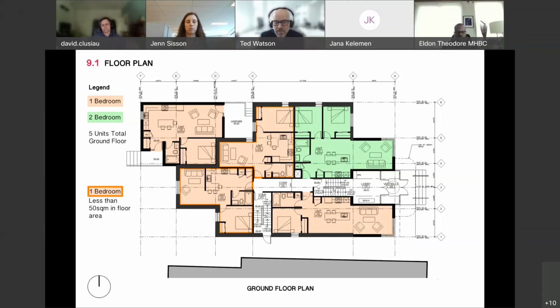So I would be far more in favor of this project if it were adopting a version of the character and scale that exists on the street, and giving all of those tenants outdoor amenity spaces as well. I'm also concerned about the mechanical systems and what we are not seeing.